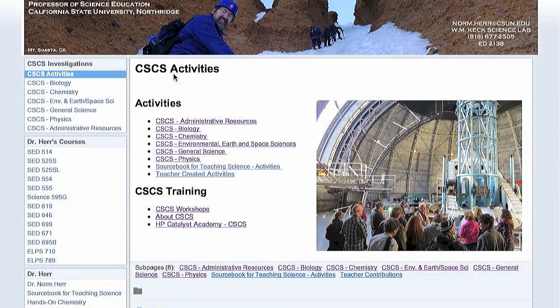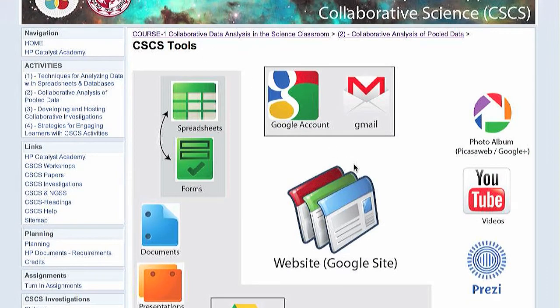In this movie, we're going to demonstrate the various techniques for duplicating the various different documents that are associated with a CSCS activity. So a CSCS activity, again, is going to be housed in a website. We're using Google Sites. But it'll draw upon the collaborative resources from Google Drive, namely spreadsheets and forms, documents, presentations, drawings, among others. But the most commonly used ones are spreadsheets and forms, and so that's where we're going to